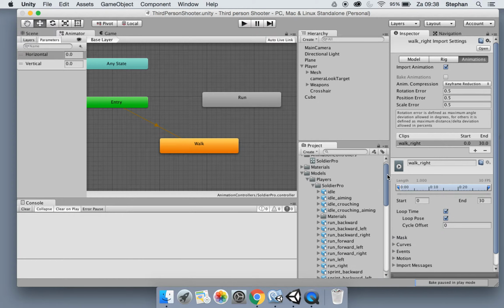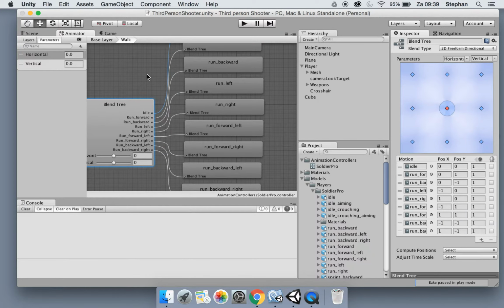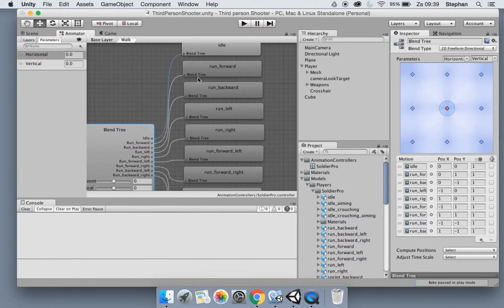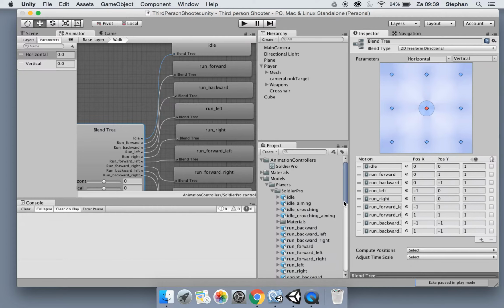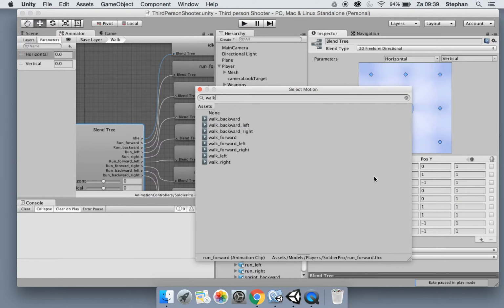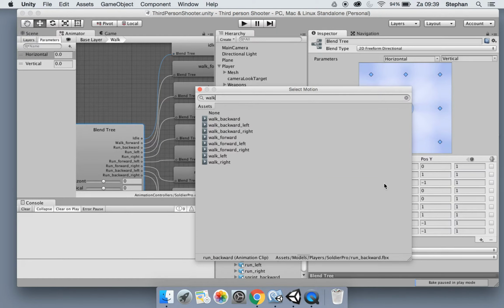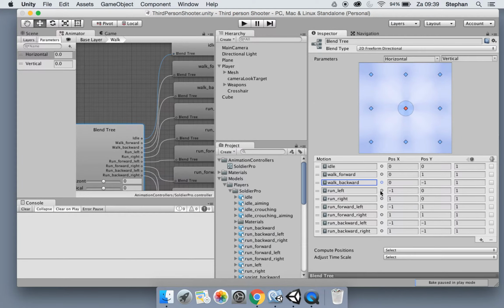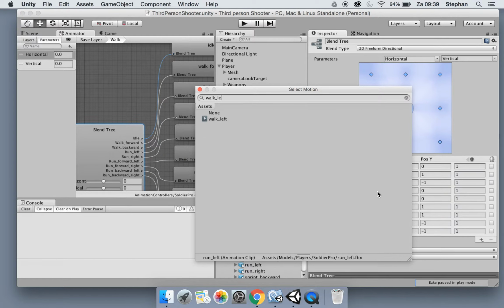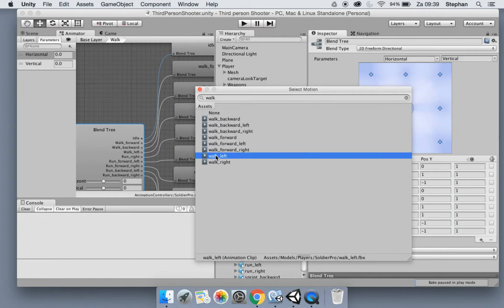Okay, so now we've got the animations set up. Let's double click the walk blend tree, and now you can see it still has all the run motions, but all we need to do is simply swap over the motions to the walk ones. So this is going to be walk forward, walk backward, walk left, oops, walk right,